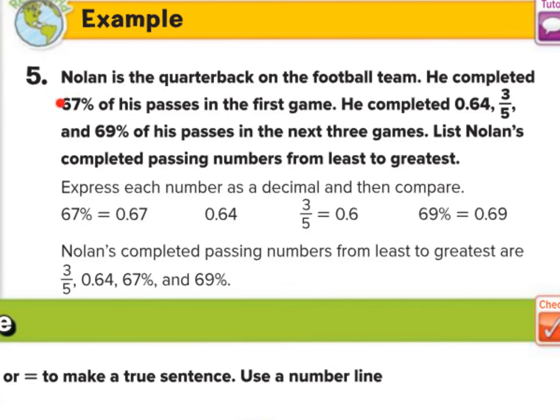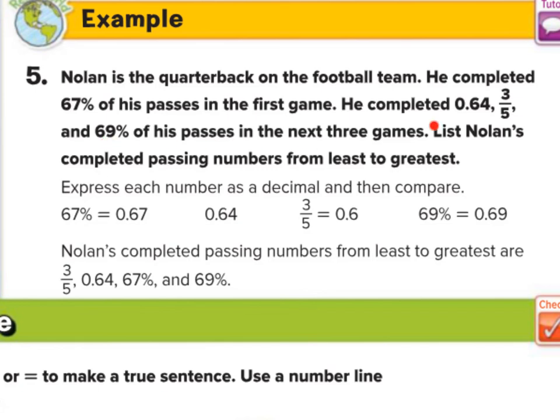67%, I already know it's 2/3. Because if you take 100 and you break it up into 3 parts, you're going to get 2 parts. 1 part is 33%, 2 parts is 66%, and 3 parts is 99% or 100. But it's bar notation, so 66.666% gets rounded to 67. So that's 2/3. This is less than 2/3, but this is more than 2/3, because these become 0.67, this becomes